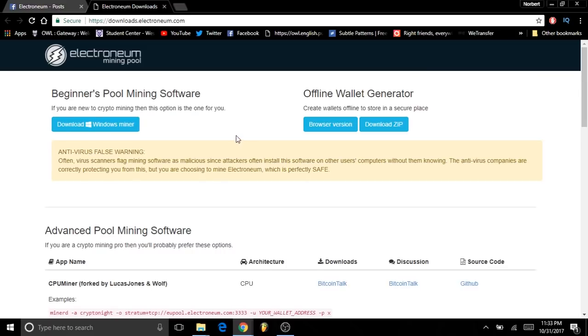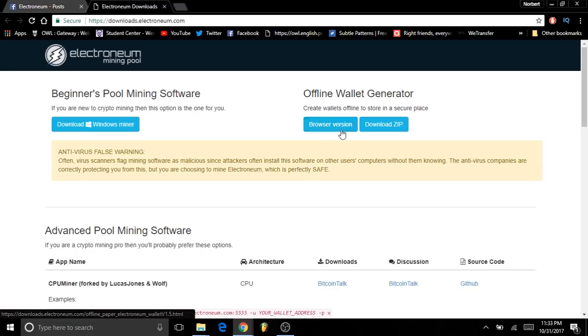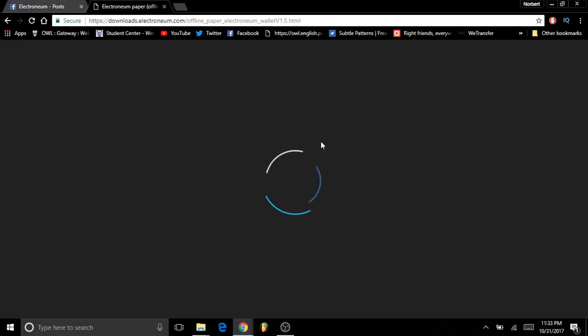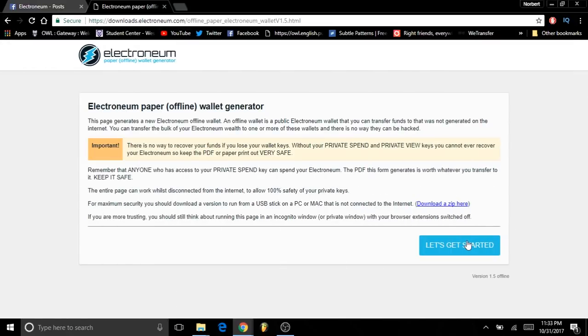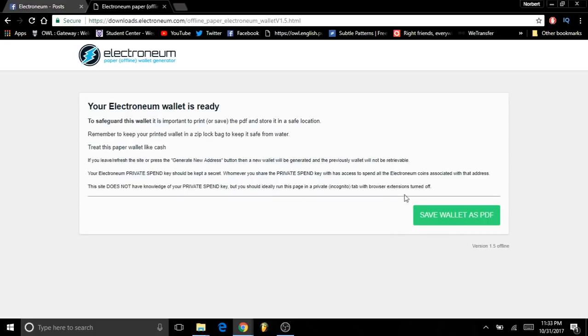Okay, so before we start getting into the pool mining, we are going to generate an offline wallet. You're gonna quickly go to the browser version, which will take you, and then let's get started. You move your mouse around and it will create a wallet after the number drops down. Perfect. And then you open up the wallet,